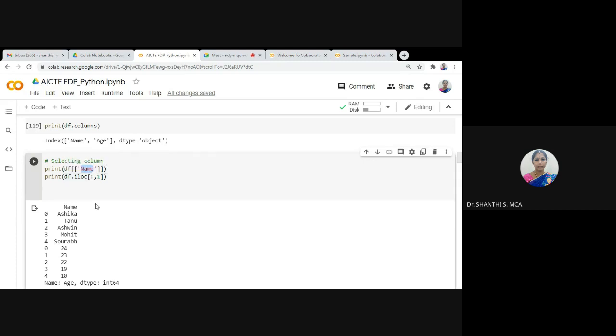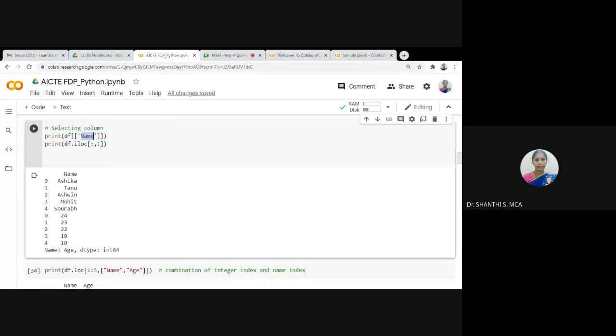So this will display all the rows. The first index is colon, which means all the rows. It will display the first column. The 0th column is name, the first column is age. So it will display all the rows and age. The first print will display the name of all the records. The second df.iloc will print column 1, which is age. So this will print the age of all the 5 records.